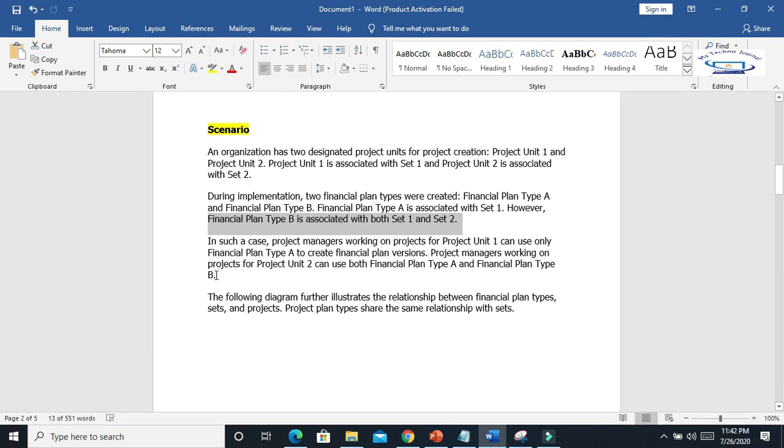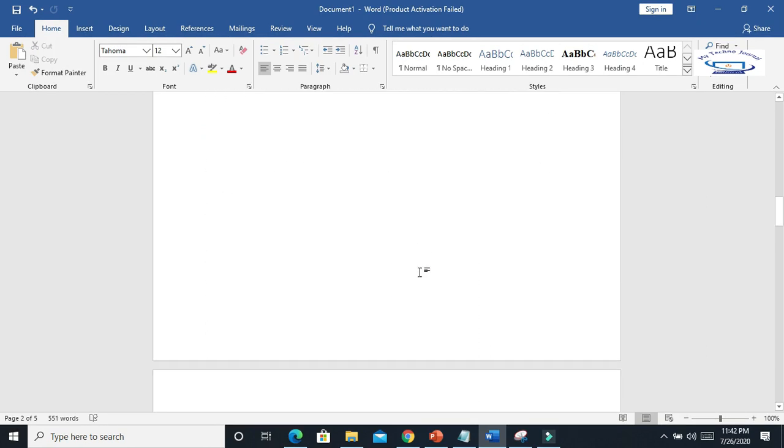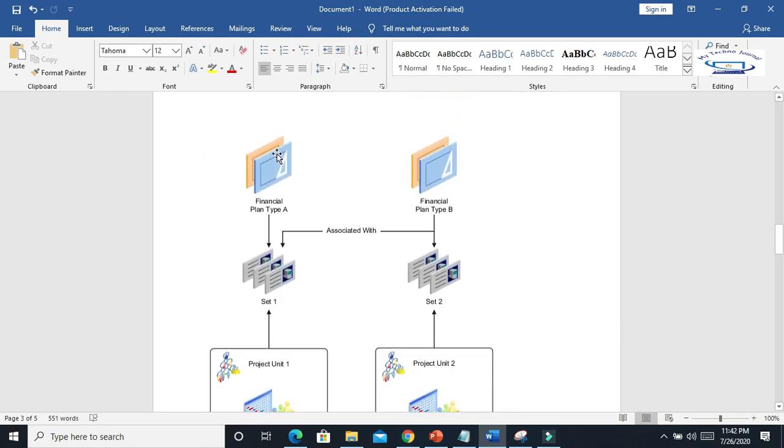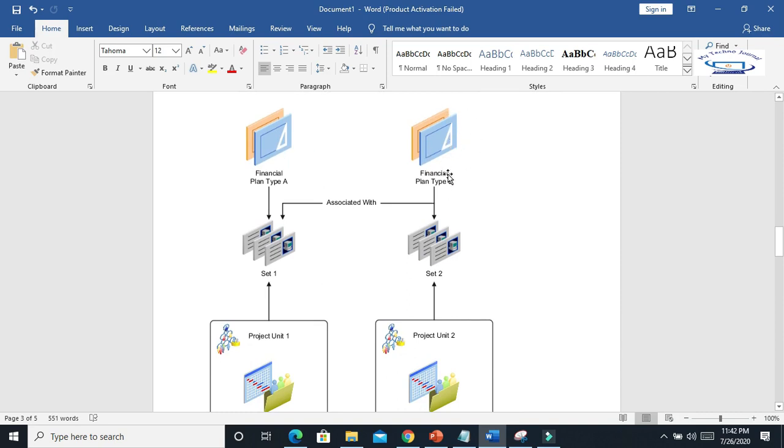So what will happen? The project manager, okay, in such a case, the project manager working on the project for project unit 1 can use only the financial plan type A. But the project manager working on project unit 2 can use both financial plan type A and financial plan type B. You can see here the financial plan type B is associated with both the sets, that is reference data set 1 and reference data set 2.